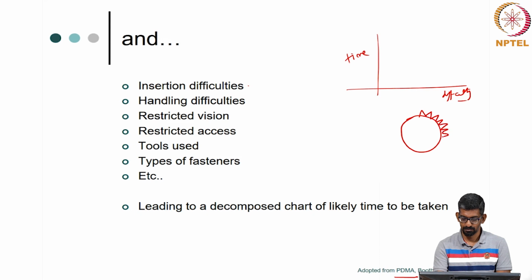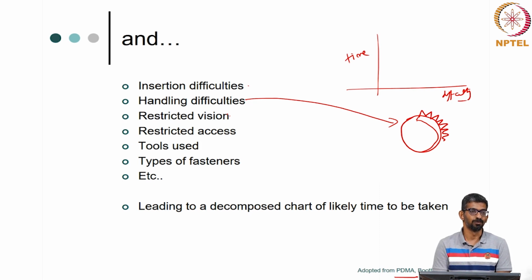You have a component like this. Let us say the thickness was like this. Size, thickness, everything is beautiful, but you have difficulty in handling this guy. These are sharp edges, for this guy. So, that also needs to be quantified. Restricted vision,